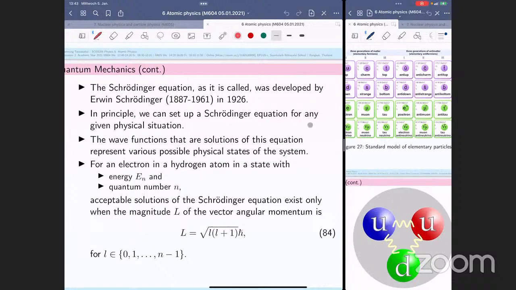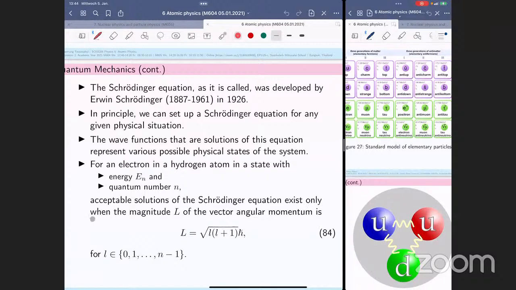In principle, we can set up a Schrödinger equation for any given physical situation. The wave functions that are solutions of this equation represent various possible physical states of the system. For an electron in a hydrogen atom in the state with energy En and quantum number n, acceptable solutions. Erwin Schrödinger does not only build up the wave function, but also provides the solution to that. And the solution from the Schrödinger wave equation is the following: acceptable solutions of the Schrödinger wave equation exist